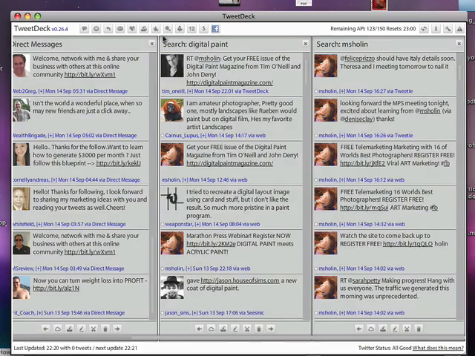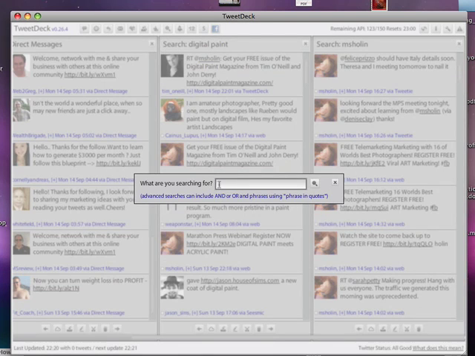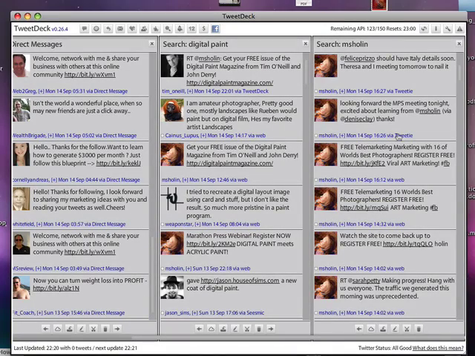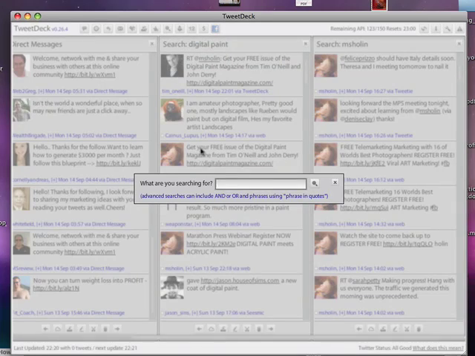Okay, Twitter search. This is again kind of cool. I use this all the time. Here you can put in one of your keywords like I did with digital paint. You can put anything in there, a person's name, and this is a much better search engine specific for Twitter than the one that's resident on twitter.com itself. So if I were to, well, let me just do it. Let me just put in here,